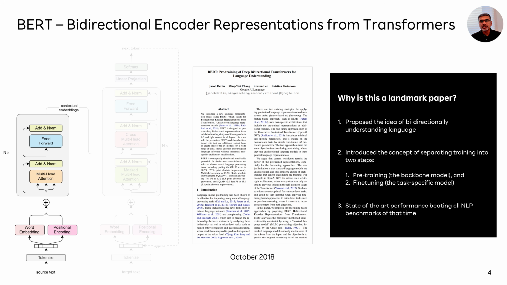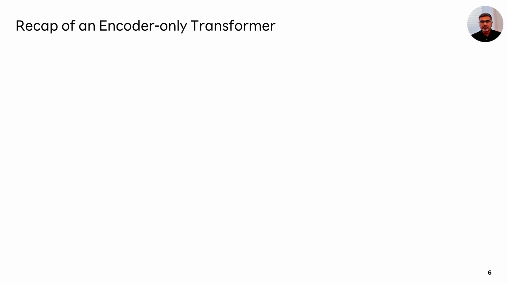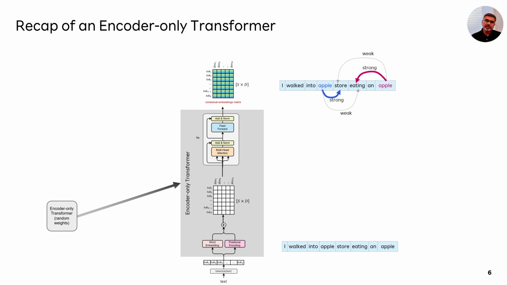Now let's get into the details of how you would train and then use an encoder-only large language model. But before we get there, I think it's important that we do a very quick recap of the encoder-only transformer neural network architecture. I'm just giving you the very high-level overview here. I did almost a 2-hour presentation in episode 1 of season 3, and I go into a lot of intuition and a lot of examples in that. So if you have not followed that, I would encourage you to go back and look at that. But for continuity reasons, I'm going to do a very quick recap here, and then we can build on top